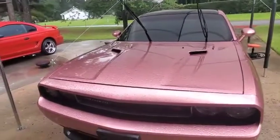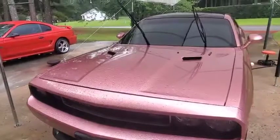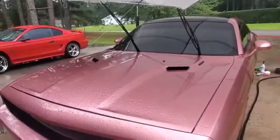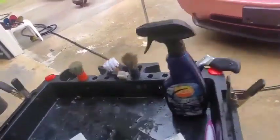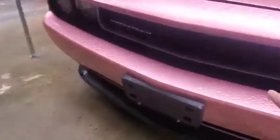And today I've been working on the strip washing and getting in all the little nooks and crannies, and that's just the way I like to do it. You don't have to do it in that order, but I used a lot of soft little small detail brushes. Some of you might have seen my photographs where I got up in here, see all those little holes? I attached a soft